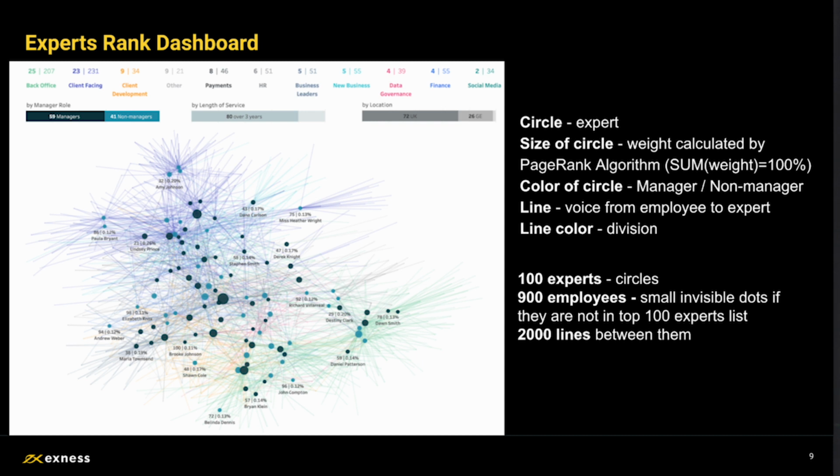The color of a circle indicates the job level of the employee, manager or non-manager. A line between dots or circles is a vote from an employee to an expert, and the line color is a division.